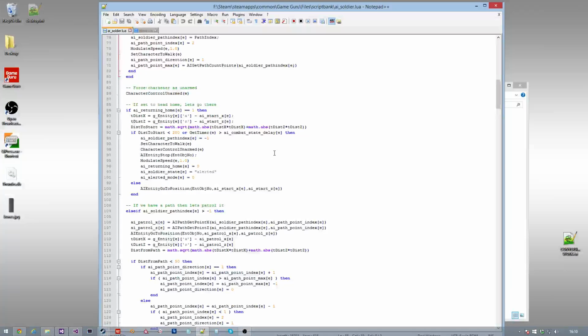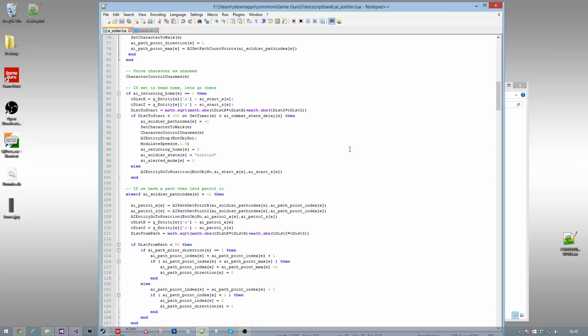After that, we're going to make him unarmed at the beginning because he's not in combat, so he'll be unarmed. Checking some other things here if he's returning home. So remember, we grabbed the original position. So if he is